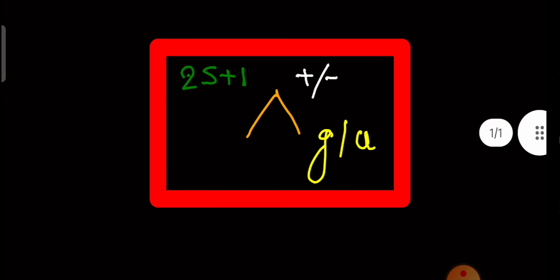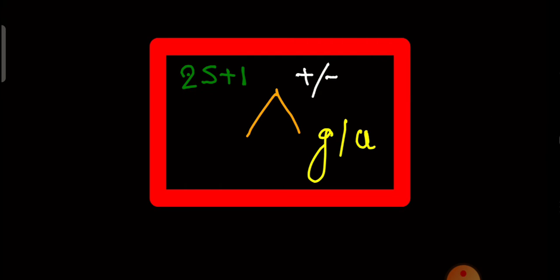First of all, you know that in a molecular orbital diagram, when electrons are present in a sigma bonding orbital, it is centrosymmetric, that means we mention g. When we have sigma antibonding, it is called u. In case of a pi orbital, when it is present in bonding, it is u, and when it is present in pi antibonding, then it is g. So we have to mention it like that.